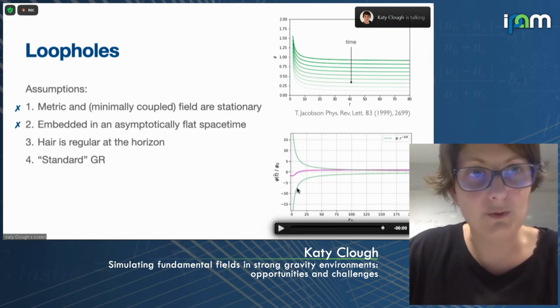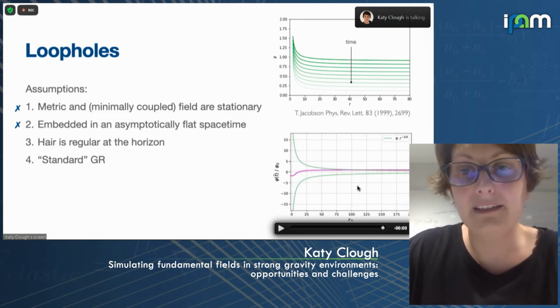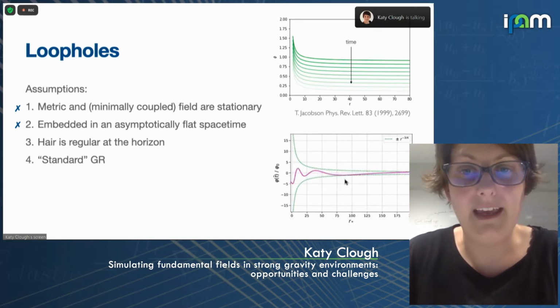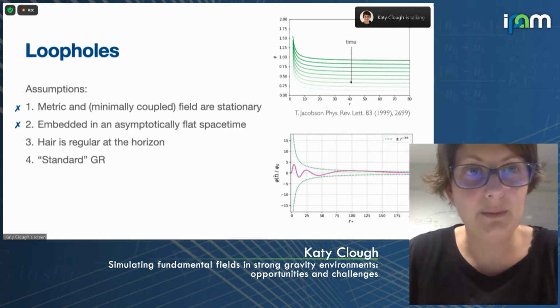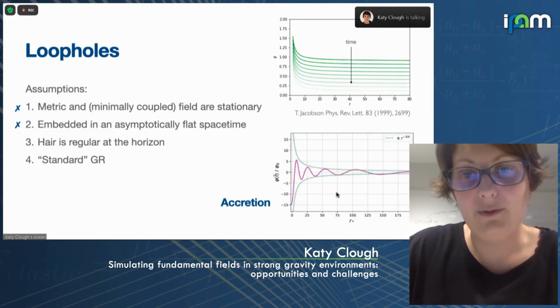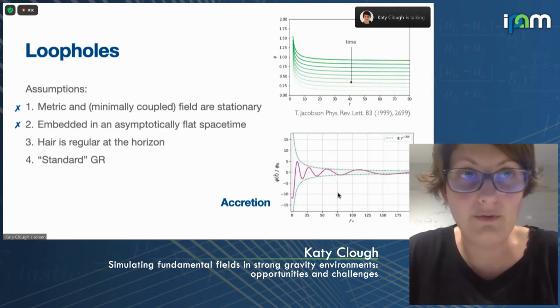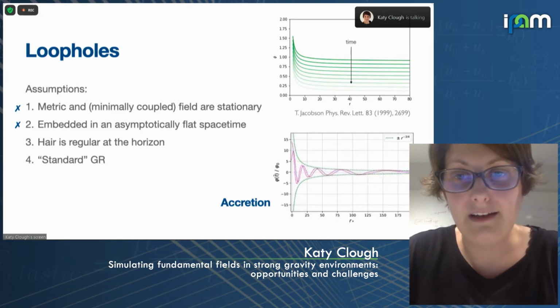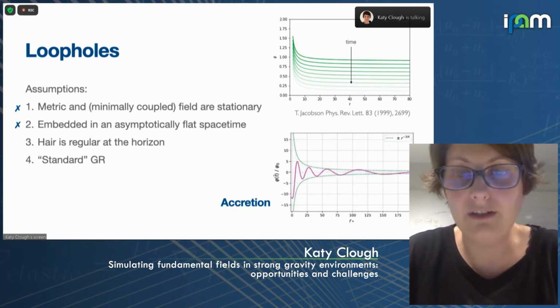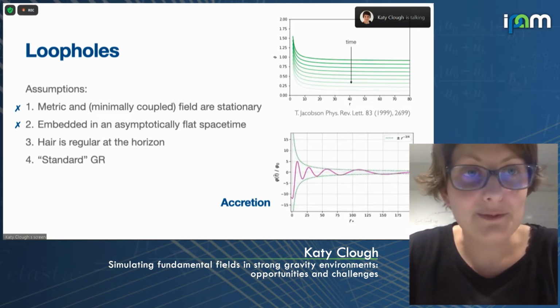It's just the usual gravitational time dilation effects, and so you get this kind of delay. So you can then do this for a bit longer, and you start to build up more of this interesting configuration. And finally, if you do it for long enough, you get this profile. So this is actually the confluent Heun functions, which are solutions to the Teukolsky equation. So that's what a mathematician would say. What a physicist would say is that this is actually accretion of the scalar field onto the black hole.